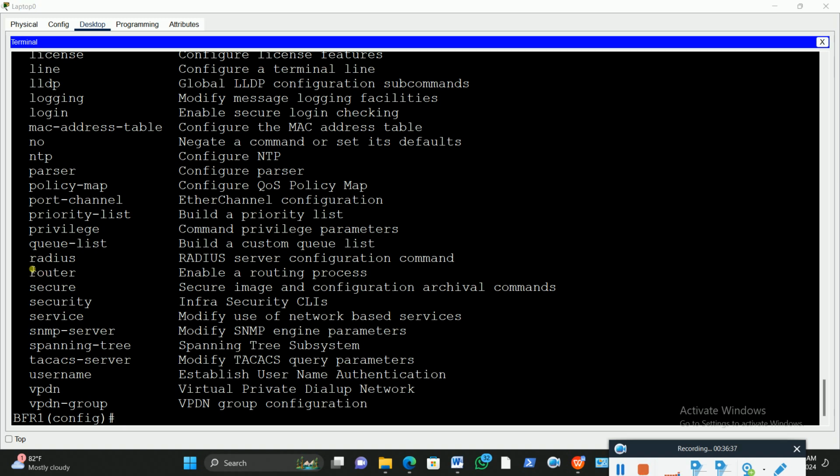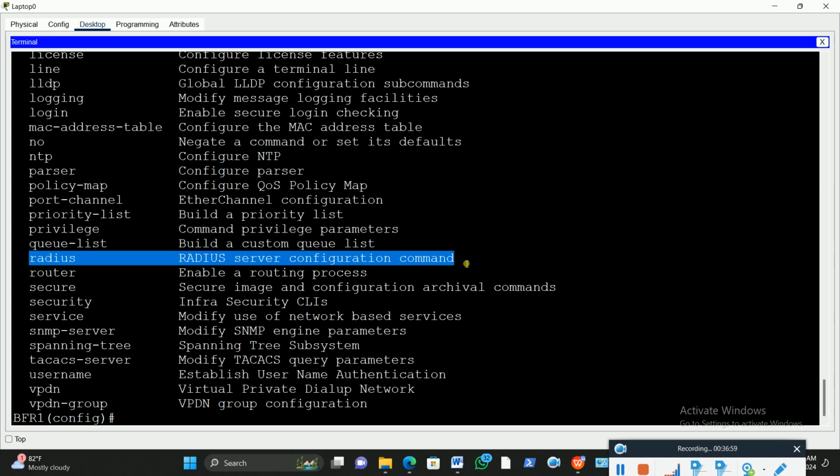Since we can see the radius, some of you are saying sometimes we come across radius hyphen server, which is the same as what we are about to do. Because radius stands for Remote Access Dial-In User Services. The user that you're about to dial in, you must ask yourself whether you have been